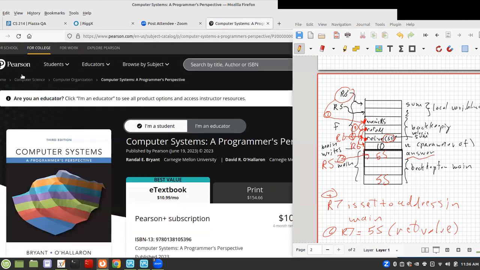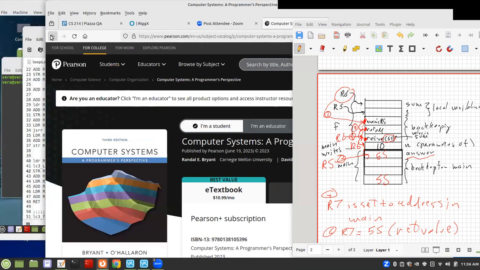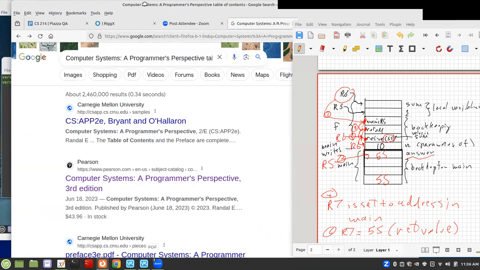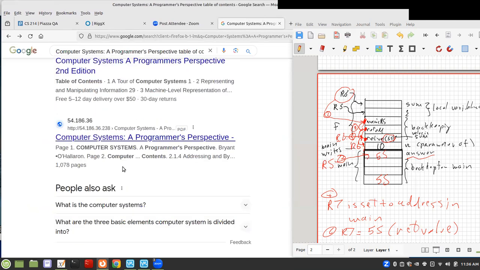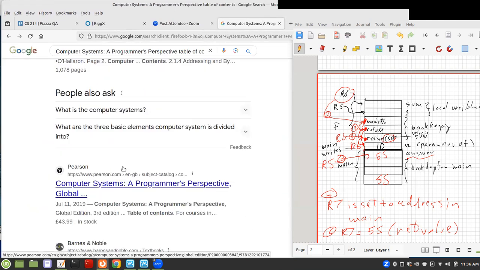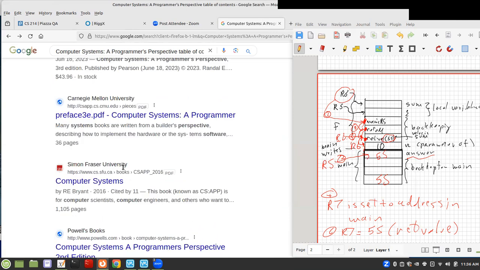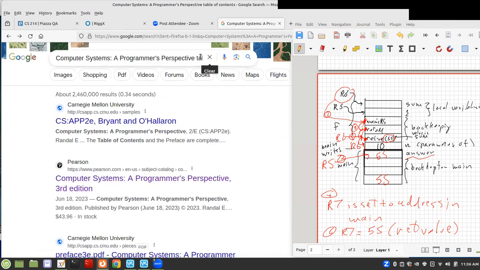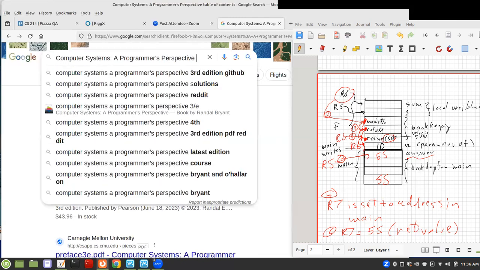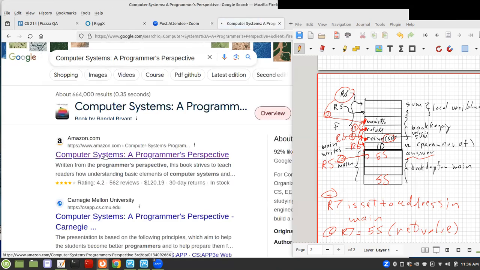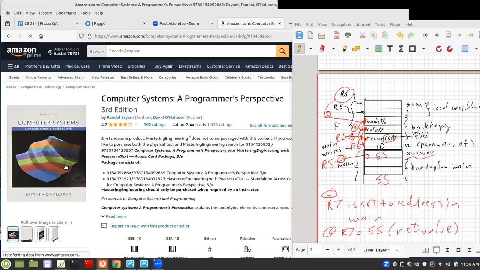And I don't want the publishers, though. Let's see if I can get. Yeah, let's just find this. Okay, here's the,